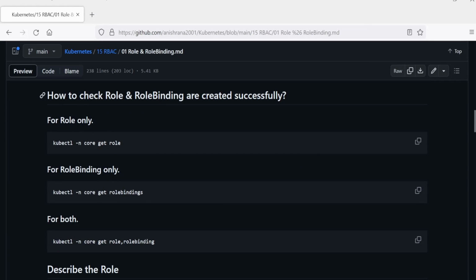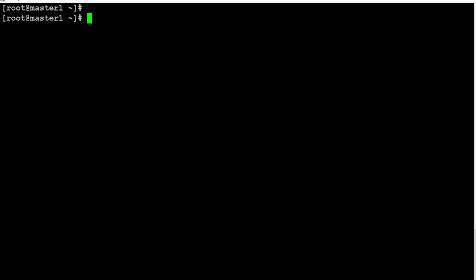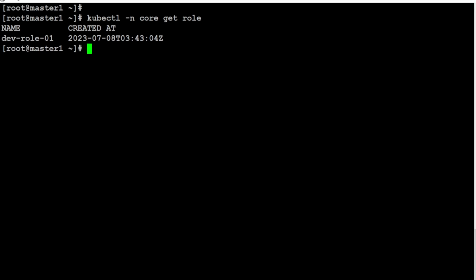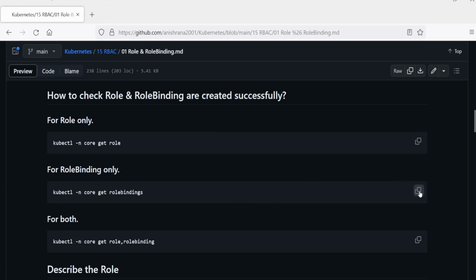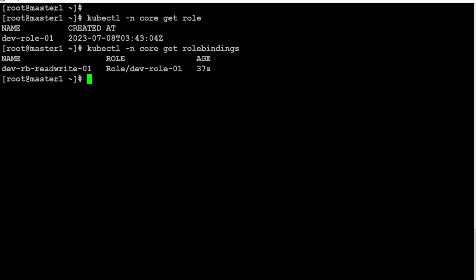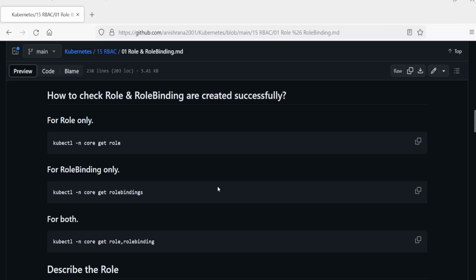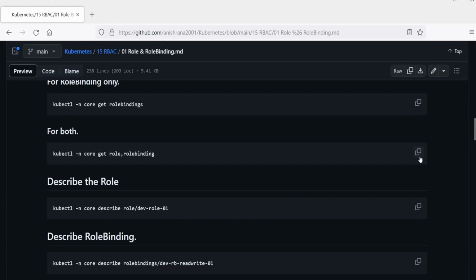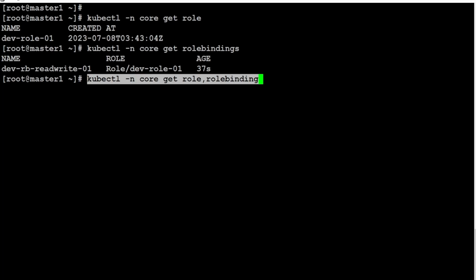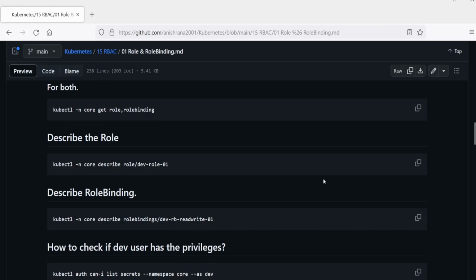To check that the role and role binding are created successfully, for the role we can use get role with -n core namespace. The output says it is created. For role binding, we can use the same get command. We can check both simultaneously, separated by a comma. We can also describe the role.